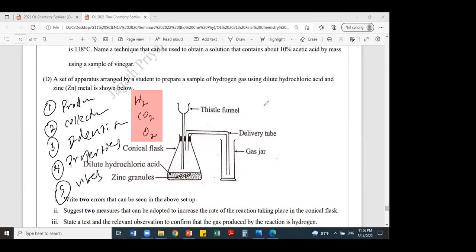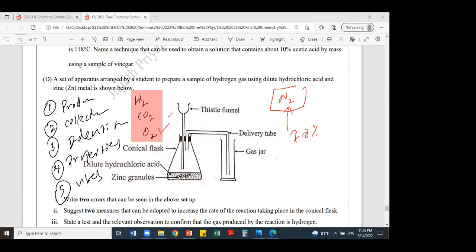Other than these 3 gases, there are 2 other gases you should know a little bit in detail. That is nitrogen gas. Nitrogen gas also you should know. Uses of nitrogen, properties of nitrogen. But production of nitrogen not necessary much. On a large scale we can produce nitrogen from the atmosphere, because there is 78% nitrogen in the atmosphere, by fractional distillation of liquid air.